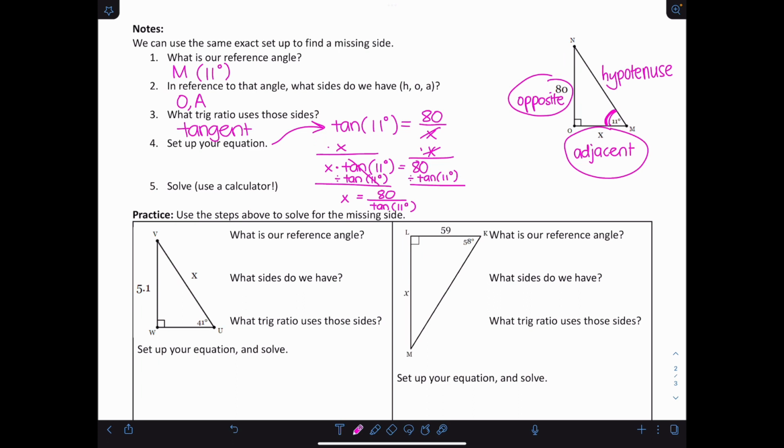Finally, we can get an actual number from that if you type it into your calculator. So I'm going to type 80 divided by tan, which is its own button on the calculator, right above the parentheses on your yellow TI-30 calculators. And then I'm going to type in 11 and press enter. And the answer I get here is